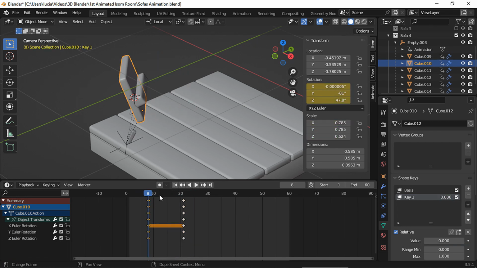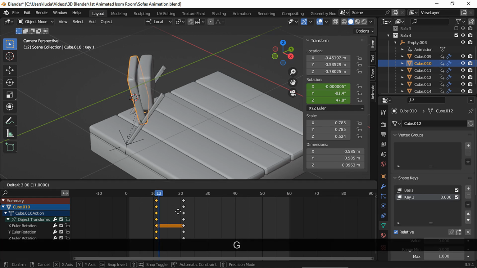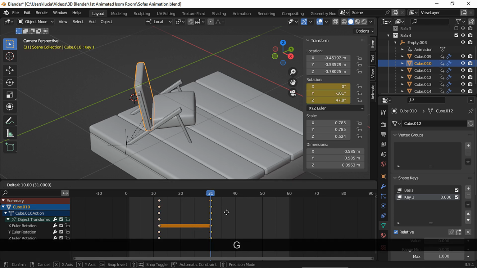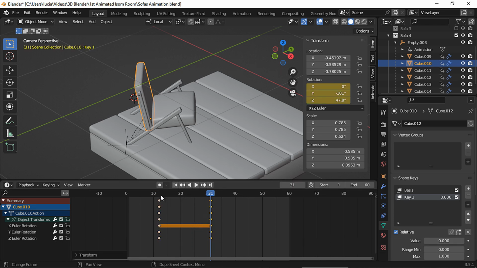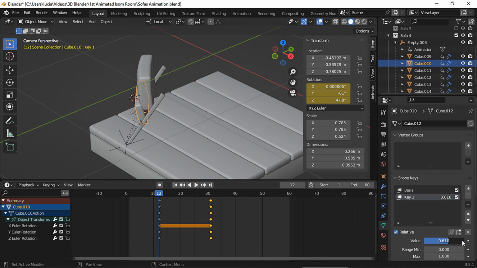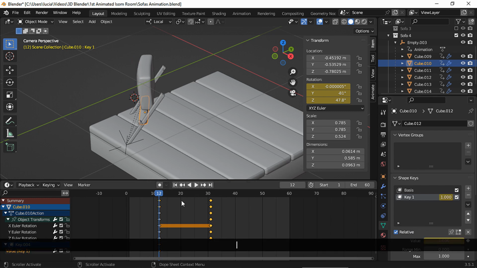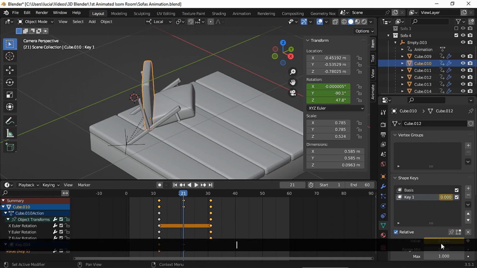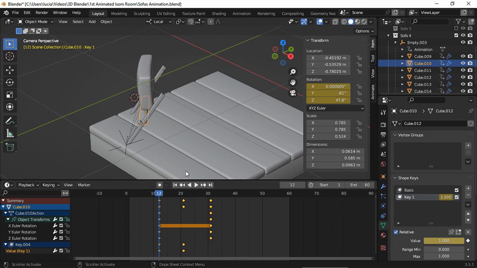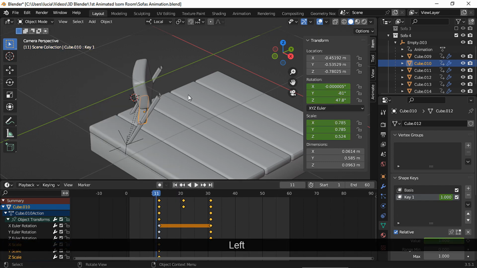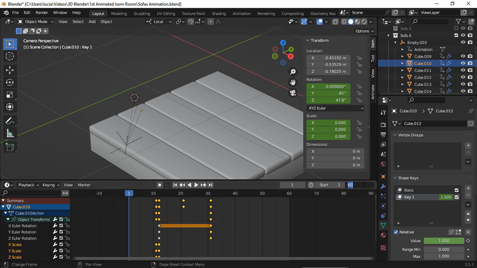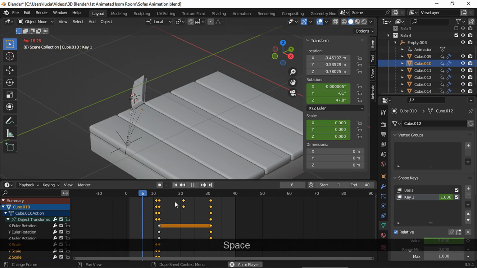Okay, now let's go with the other pillow. First, I wanna move the rotation keyframes. Again, it took me a while to figure out where to put each keyframe. In frame 12, set the value to 1 and set a keyframe. And in frame 21, set the value to 0 and set a keyframe. And now back to frame 12, set a scale keyframe, and one frame before that one, scale to 0 and set a keyframe. Let's see.